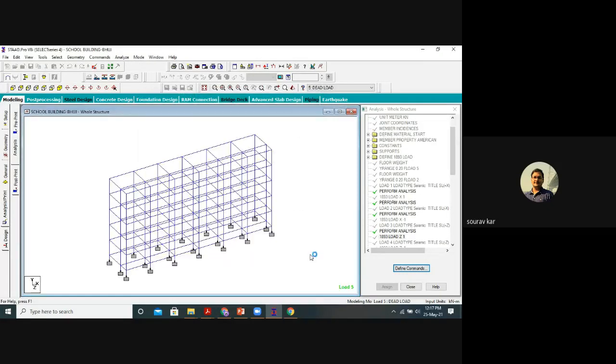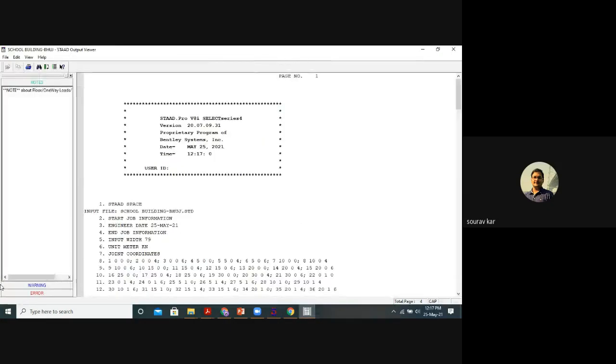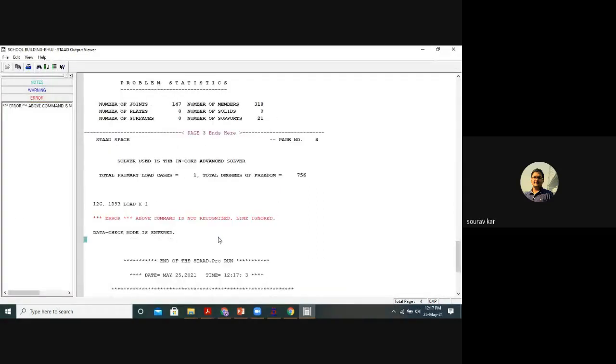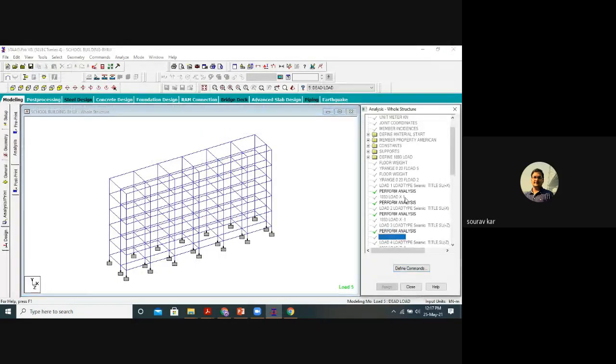There is one error. So let us see where the error is. Load x1. So seismic load x1.